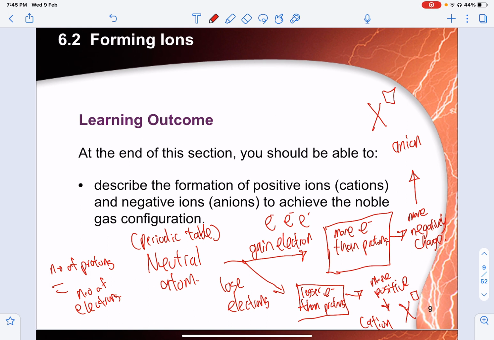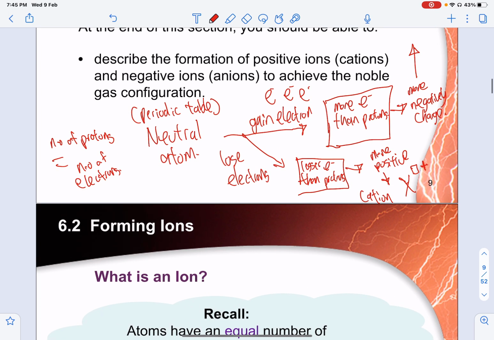In this case, for the top one, because you gain electrons, there is more negativity than positive charge, therefore you put a minus. On the other hand, you put a plus because there are more protons, which is more positive charge. Okay, this is the more layman term of explaining. As you go further, you'll realize there are other considerations like shielding effect and nuclear charge in your exams. But that's not the scope for